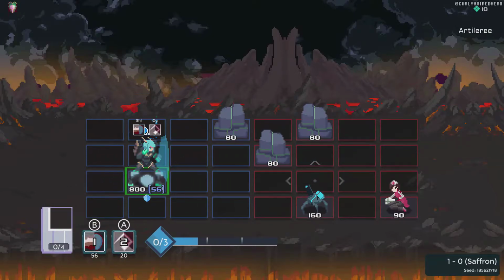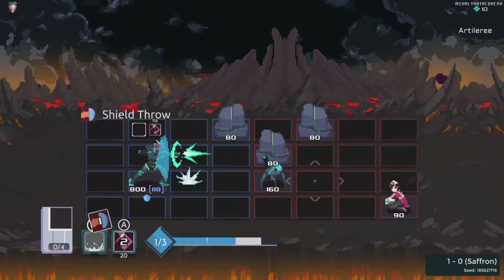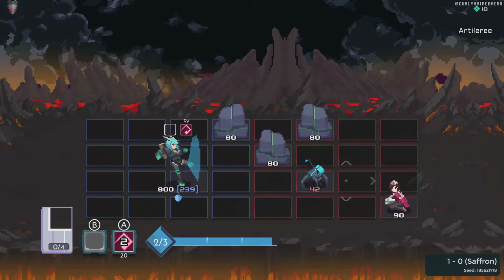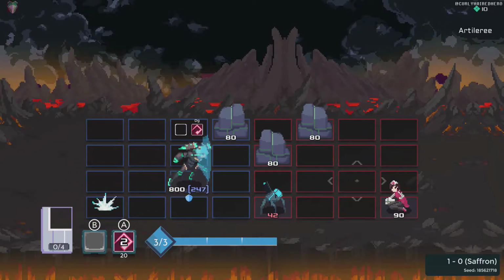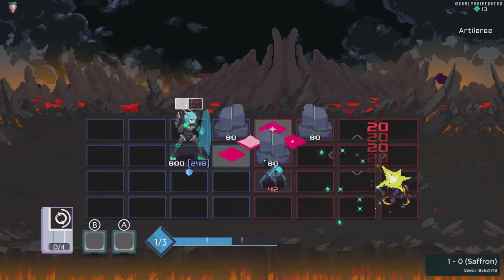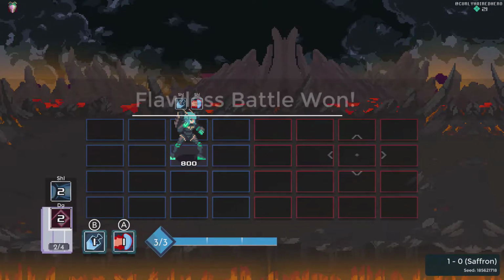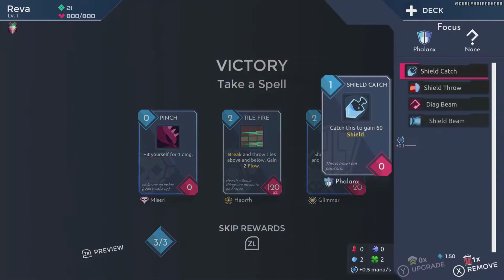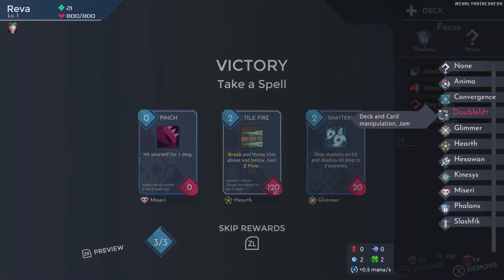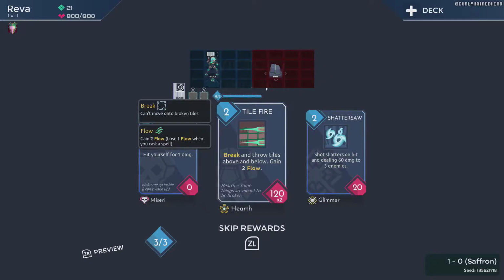So I've got a sort of special run for you here today. I'm going to try basically a shield-only run. I'm using here one of the characters in the game. Oh, that's not good. Well, I guess that's okay. Named Reva. She specializes in shield. I think we've definitely probably seen her in some of the other runs. She's the shield boss, and what I basically want to do this entire run